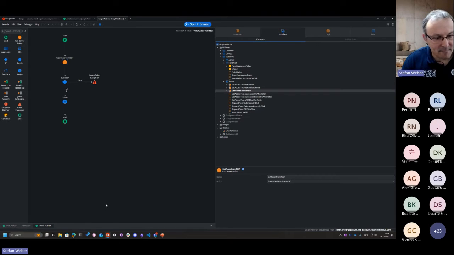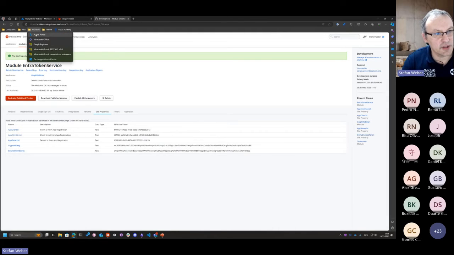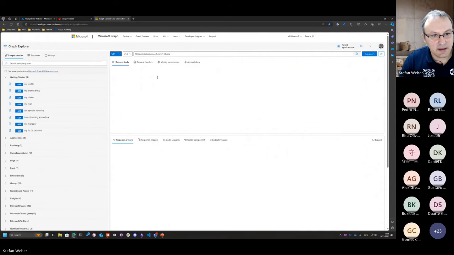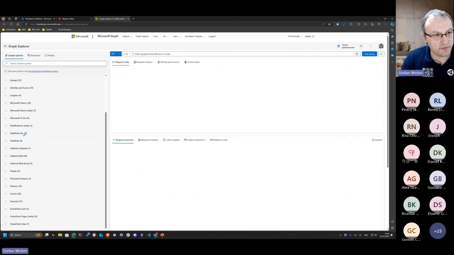So to figure out what parameters such an endpoint takes, there is a tool available from Microsoft called the Graph Explorer. Very, very nice. You can go here, and it should automatically log you on with your organizational account. And then you can try out, not all, but lots of Graph API REST endpoints,